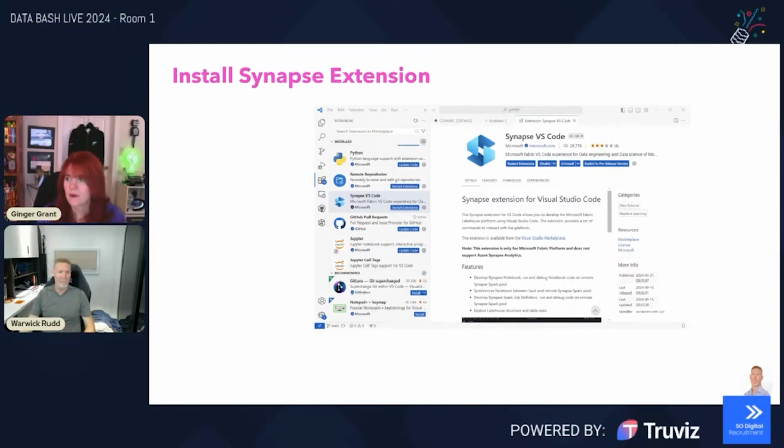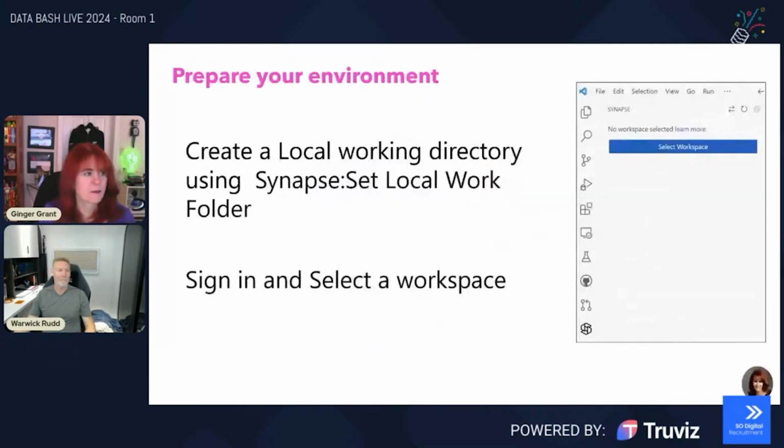That's a really great point, Warwick, because I know that I have worked with a client recently, and that was the issue that they had, is that they had to provide this information to their security teams so that they would have the ability to do that. So I put this together for them, and also wanted to help everybody else out. So once you've got all that set up, all you need to do is select your workspace, make sure that you're signed in, and then you can select any of your notebooks and start working inside of VS Code without having to use your Fabric environment.